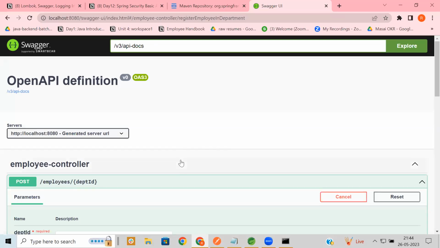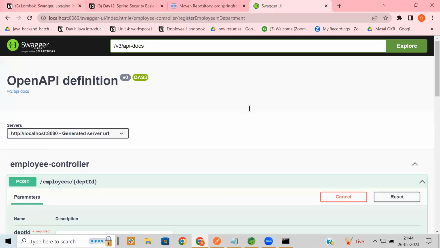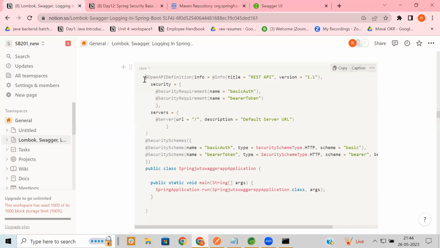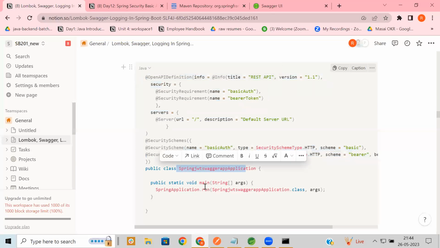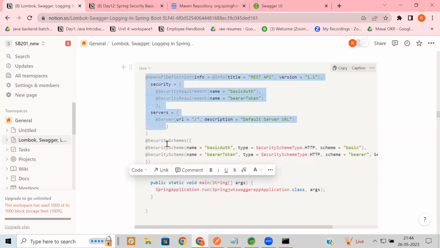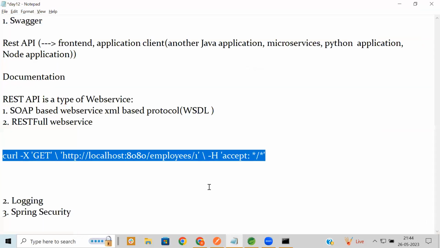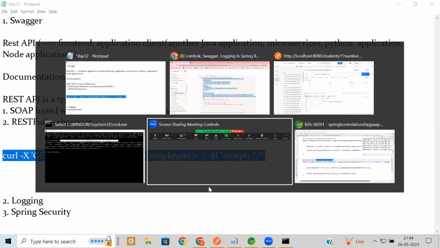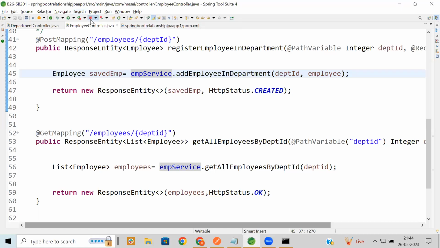So what you need to do, I have already mentioned in your notes. You need to pass these annotations on the top of the main class. On the top of your class which has the main method, you need to apply these annotations. First copy this annotation and paste it there, and then I will show you how it looks. So go to your STS and stop the server